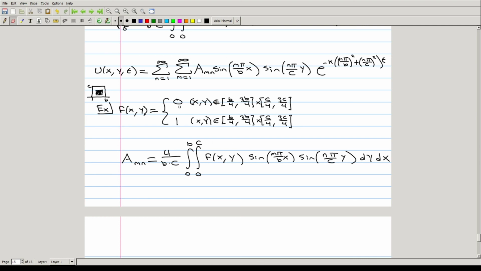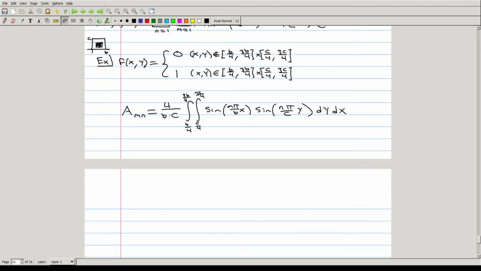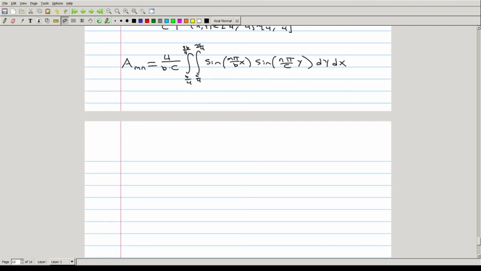Because if f of x is 0 off of this rectangle and 1 on the rectangle, then this integral will become the integral from b over 4 to 3b over 4 and from c over 4 to 3c over 4 with this expression right here, because f is 1, which after an iteration ends up becoming